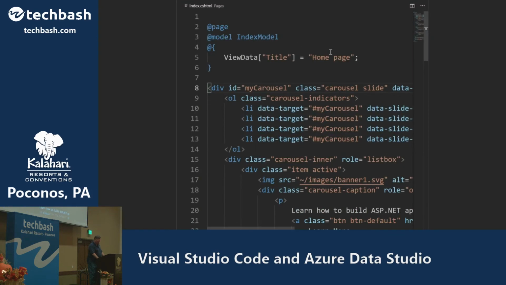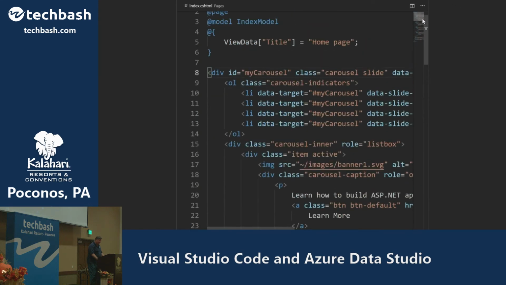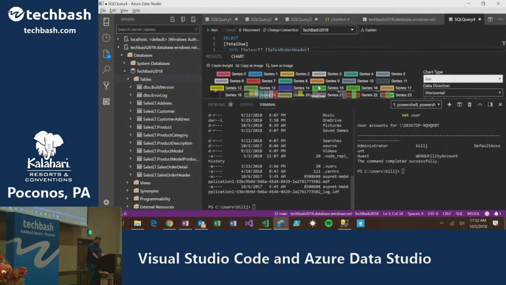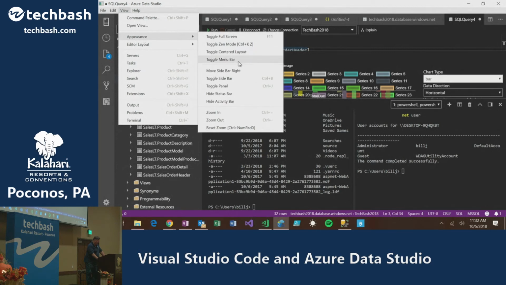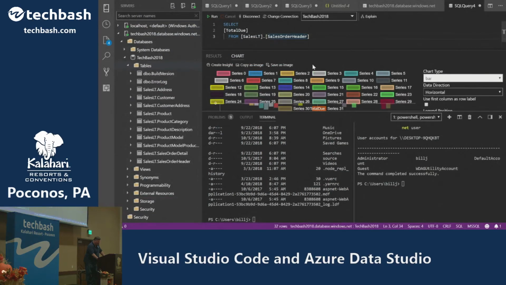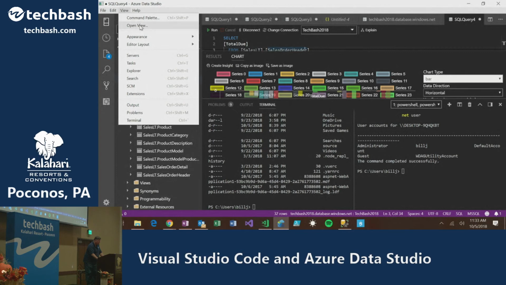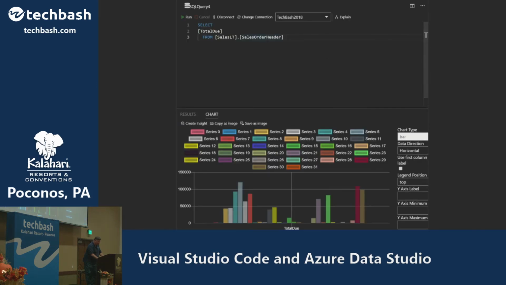Okay. Zen Mode really focuses in on your code and gets all the other stuff out of the way. And you can type and do whatever you want in here. And it isn't quite obvious, but you have to press escape twice to get out of there. That's called Zen Mode. Now, just to prove a point, does this thing do the same thing? If I go into Appearance, you'll see that it has full screen, which is good. So the data tool works the same way. And it also does what is called the Zen Mode, and does the exact same thing.